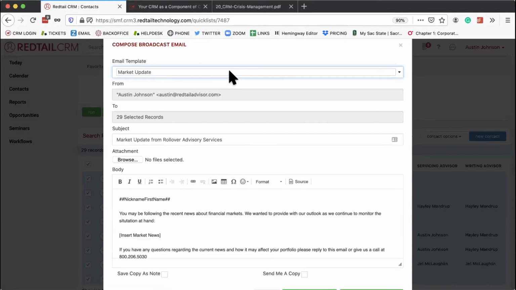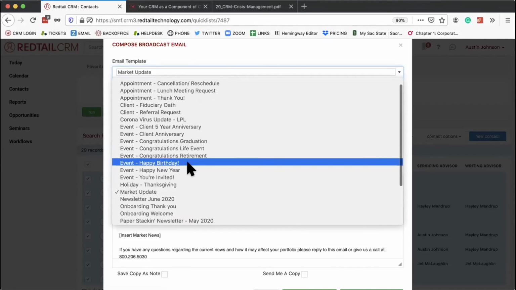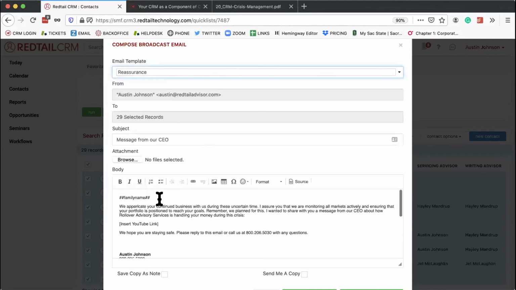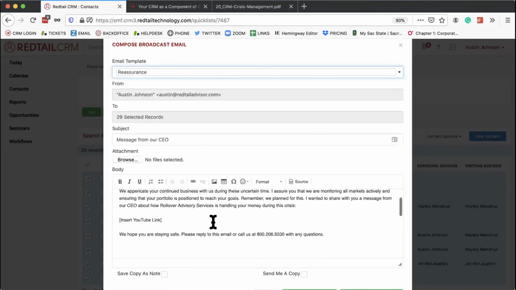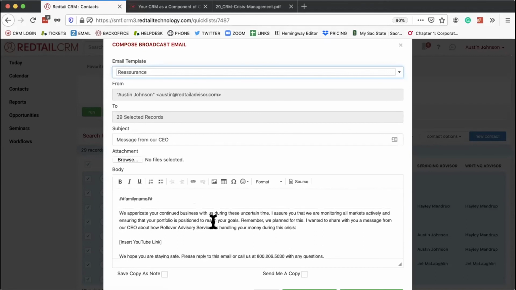There are also market templates available for things like reassurance, and creating a template to let you know, here's a message from our CEO that we're in an uncertain time right now, but rest assured your portfolio and financial future are in good hands. And then the final communication tool that I wanted to highlight today is the Redtail